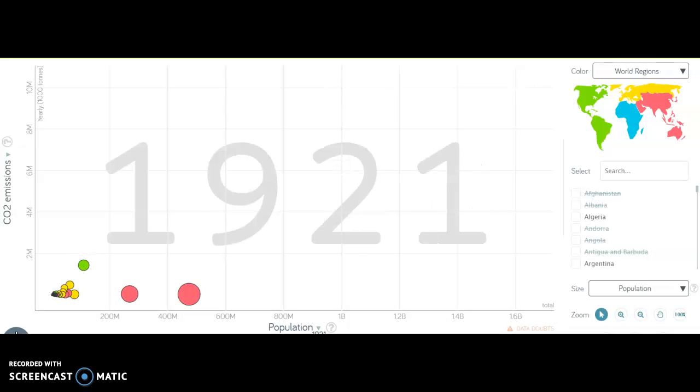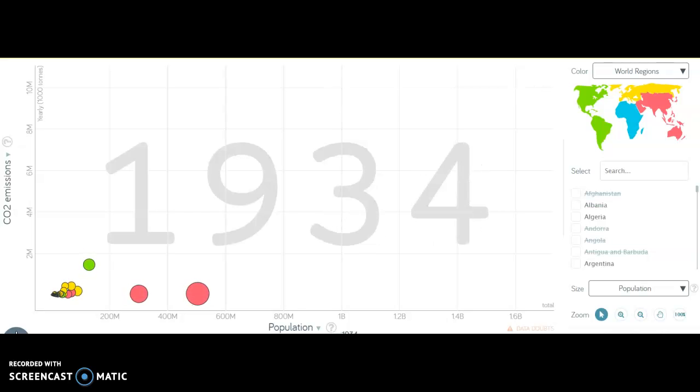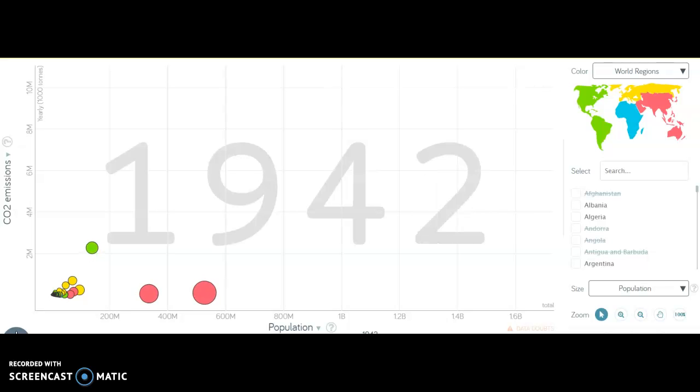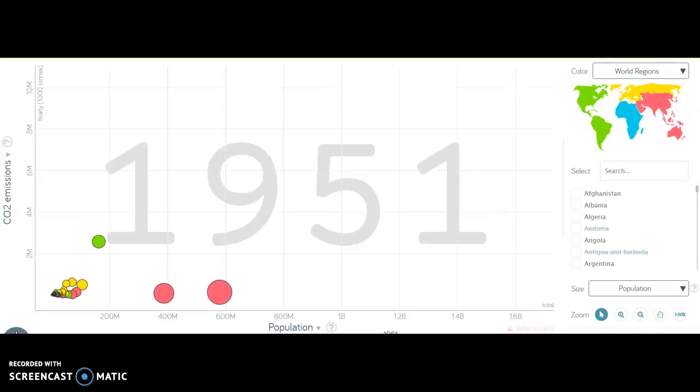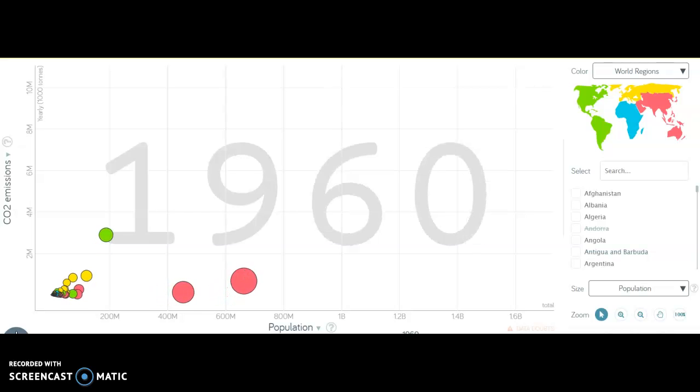emissions and low populations, until the turn of the century, in which three countries stand out from the rest. The first is the United States, as a green dot above the group as lead contributor to the CO2 emissions. And India and China are two large red dots at the right of the group as countries with rapidly growing